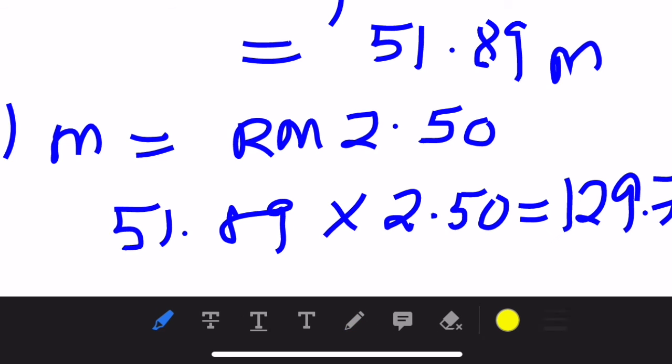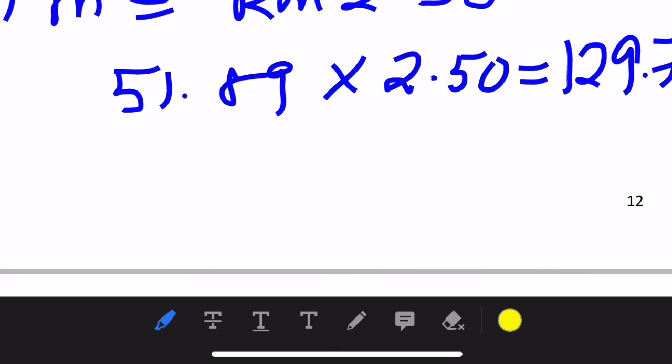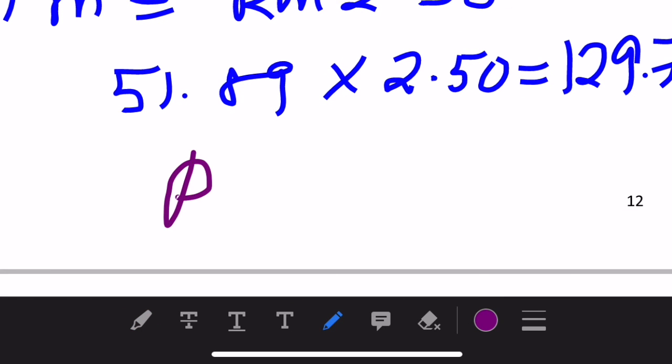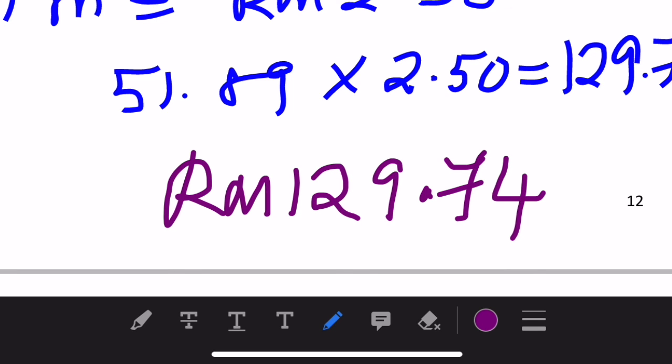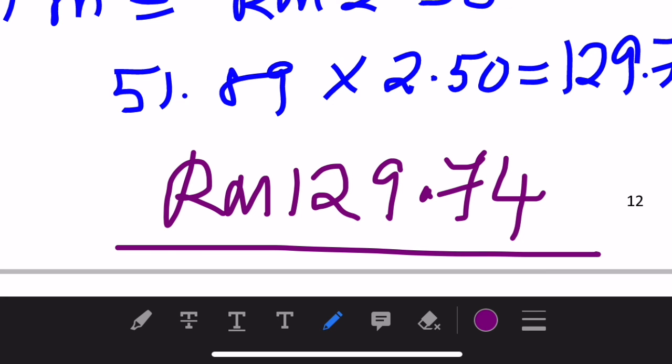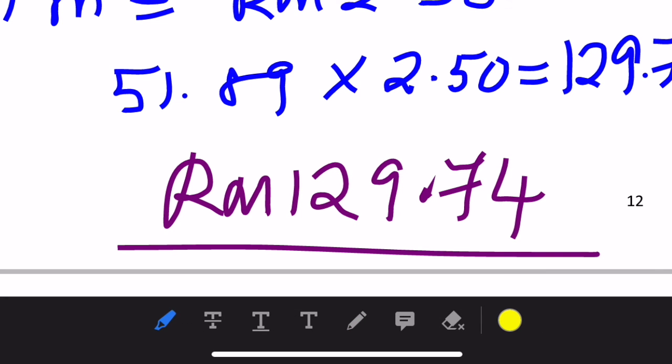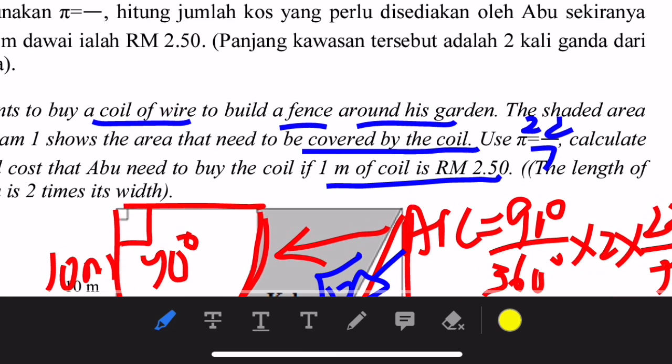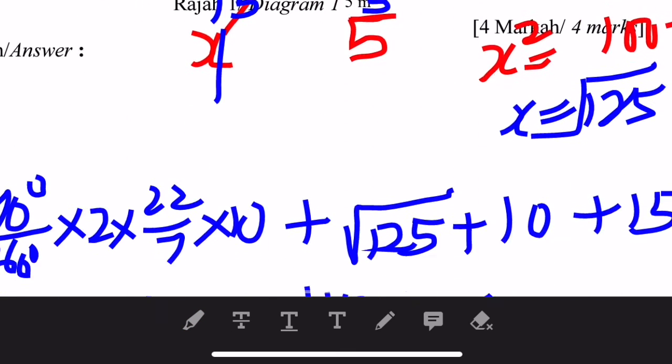129.74. Then we write the answer nicely in currency, ringgit Malaysia, 129.74. This is the total money needed to spend to buy the wire, or we can say the total cost Abu needs to spend to buy the wire to fence around his garden. So the total cost is